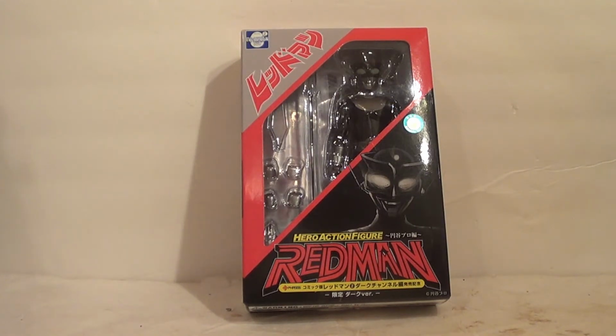I've been sitting on this one for a little bit. I've had it for a little while, not too long, but I ordered it back in December. It just took forever to get to me. And I really think that you are going to love it. It is the Hero action figure